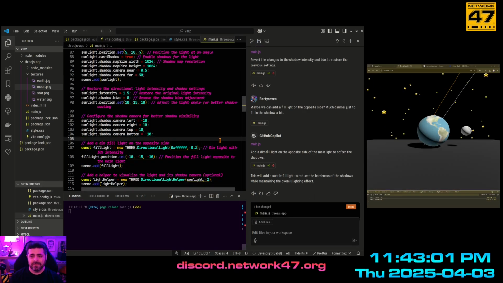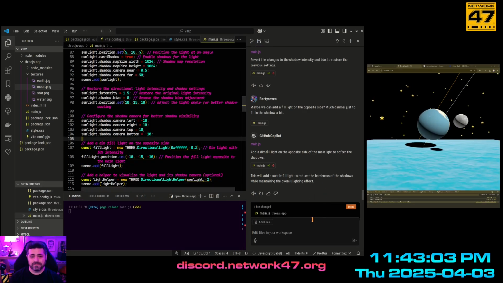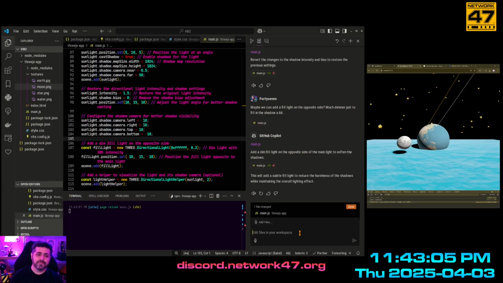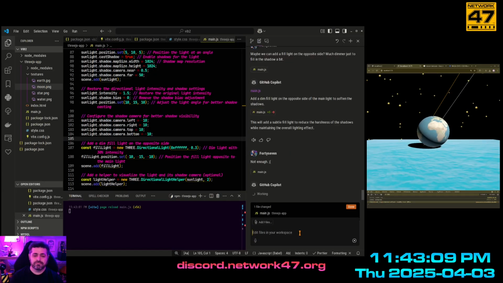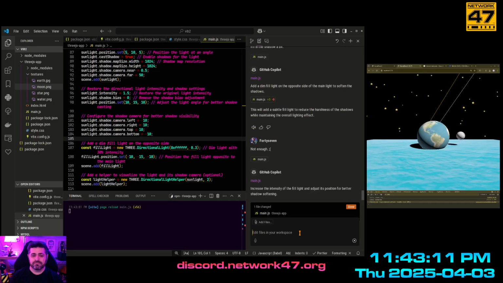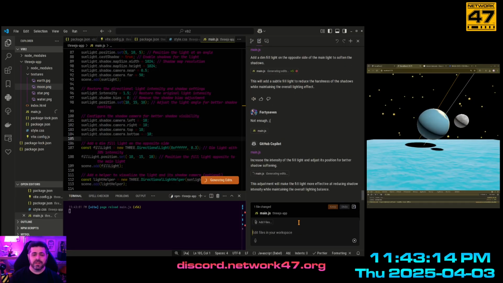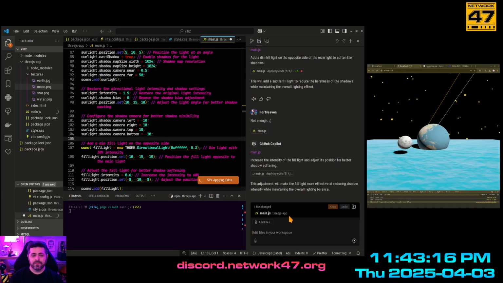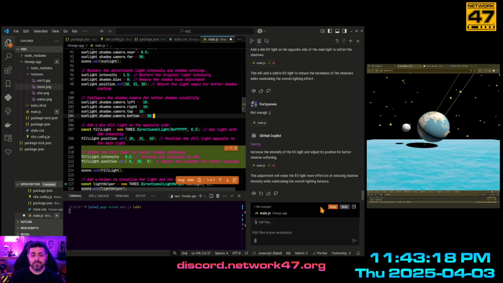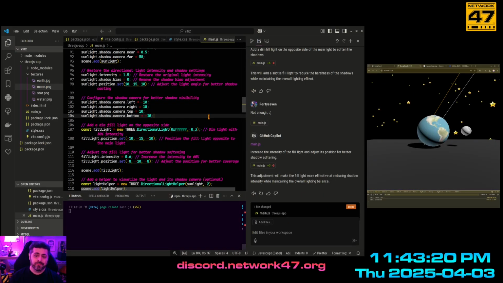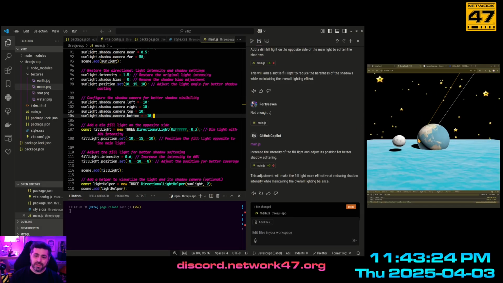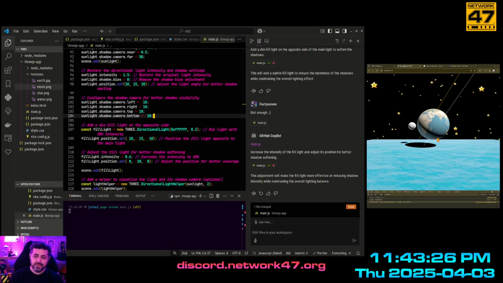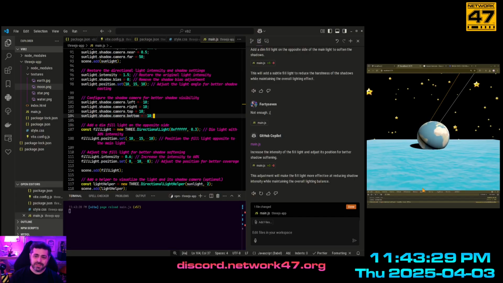Yes. Enough. Increasing the intensity of the fill light. Oh, it is kind of working. Look at the shadows underneath. So it is kind of working. It's just not right.